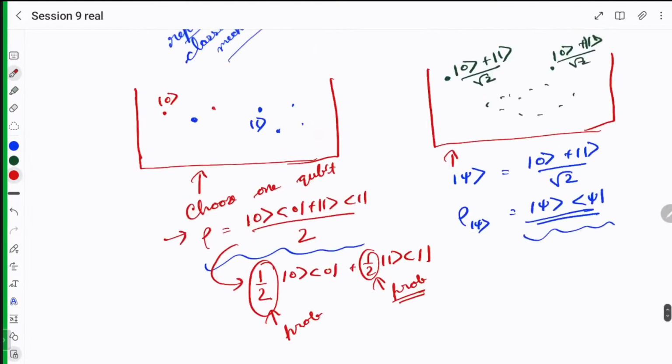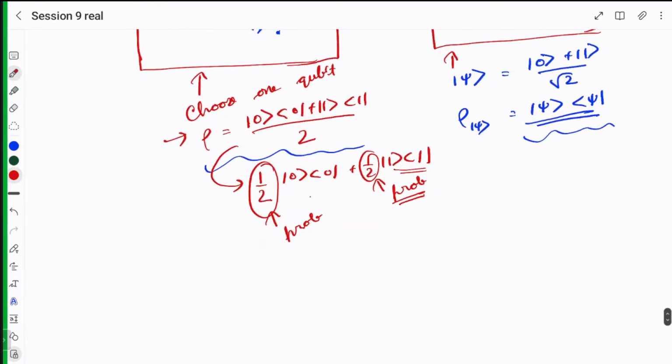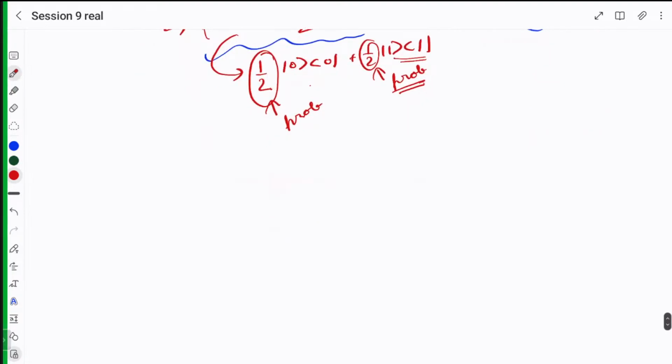Basically, what fraction of this ensemble is in 0 and what fraction is in 1. Okay. So, since you have asked that question, let's define the density matrix in